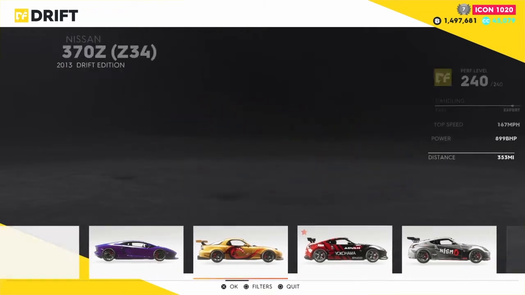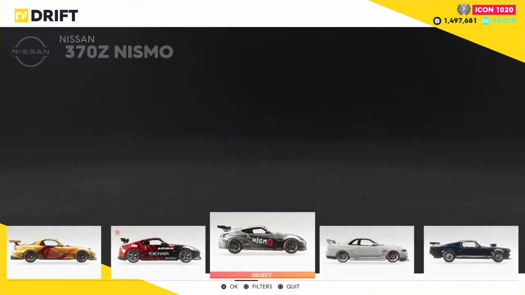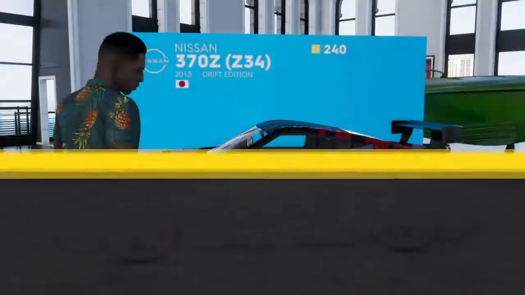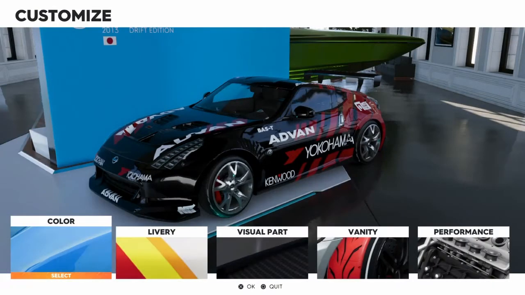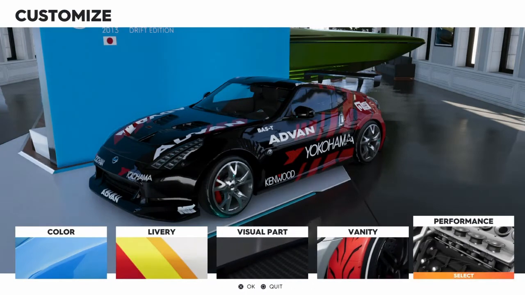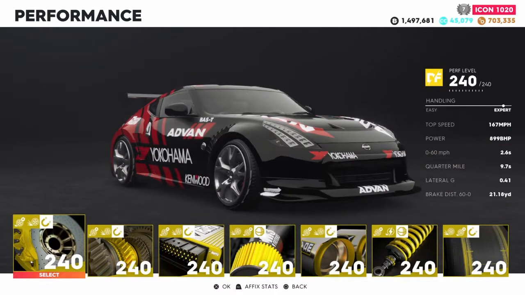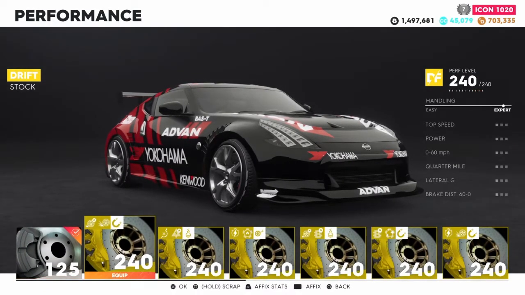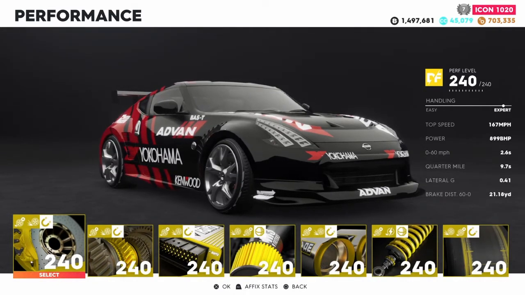But in this video we will be focusing on either the RX-7, 370Z or the 370Z Nismo. So I've picked the 370Z to guide me through this video because that is my personal favourite and the one that I always use. And then when you obviously first get the vehicle, it will be 125, which is pretty bad,